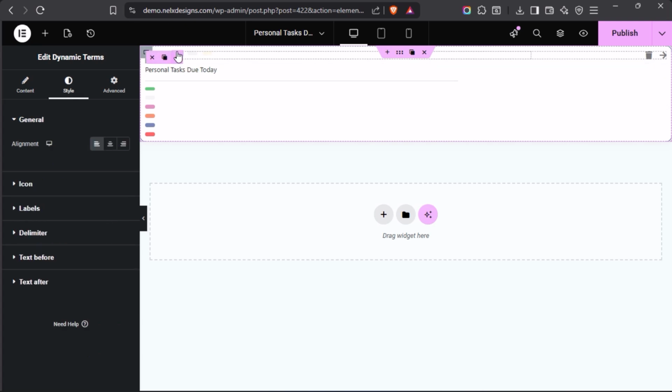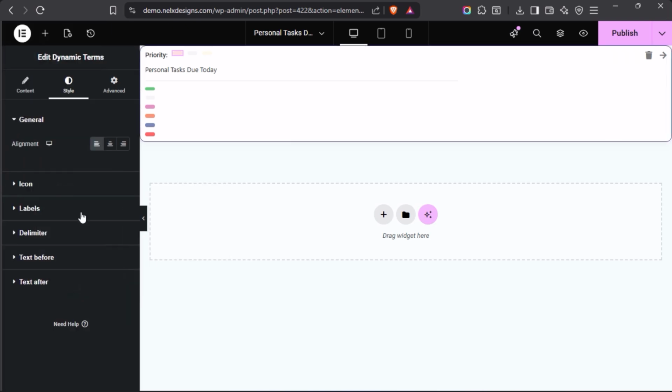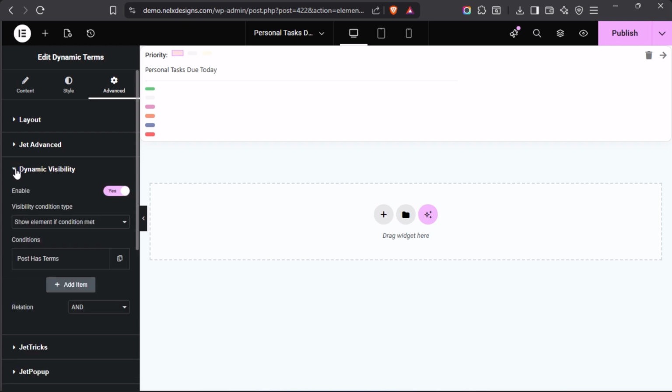So once you have it selected, this is for, I think, high priority. Go to advanced and go to dynamic visibility, because we have all these 3, but we want to show them only when it's appropriate. So you go to dynamic visibility, enable it, and visibility condition,